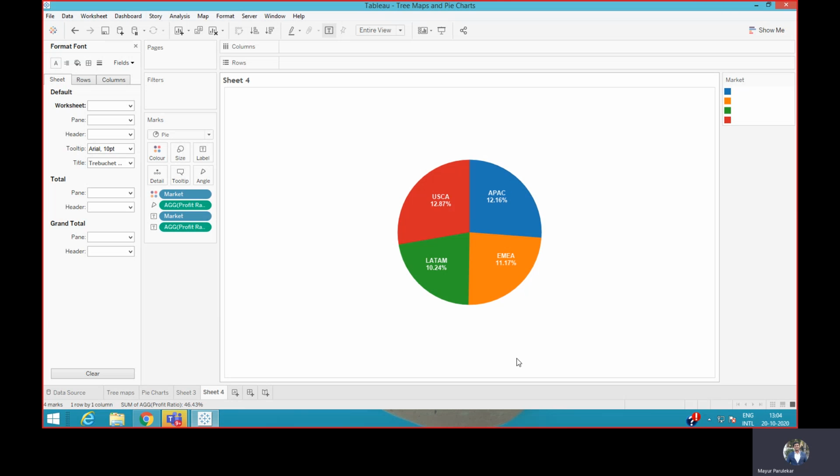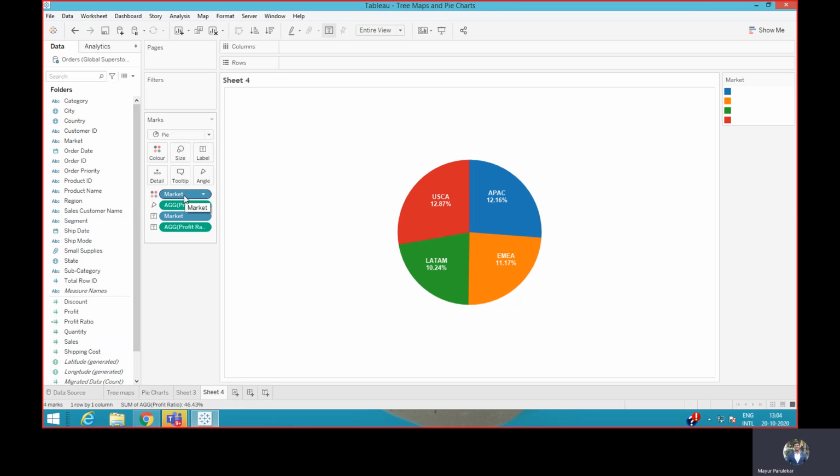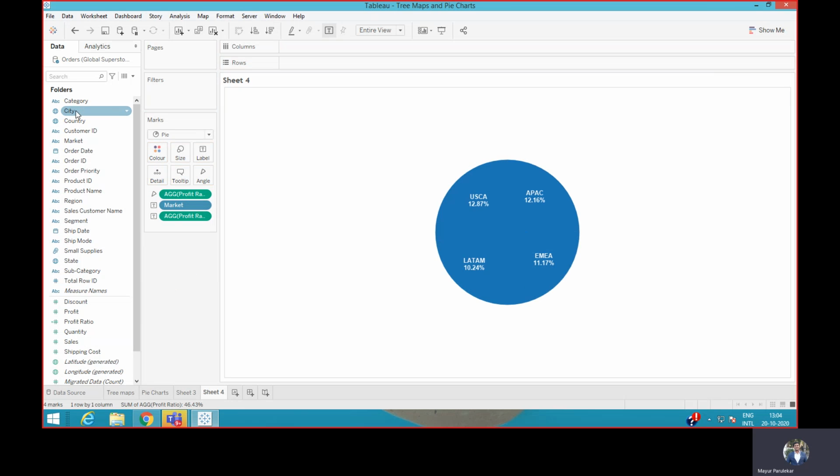So this is a good way to represent a chart of how much profit ratio each particular region is doing. Now, if I had changed from the market to, let's assume, a country,